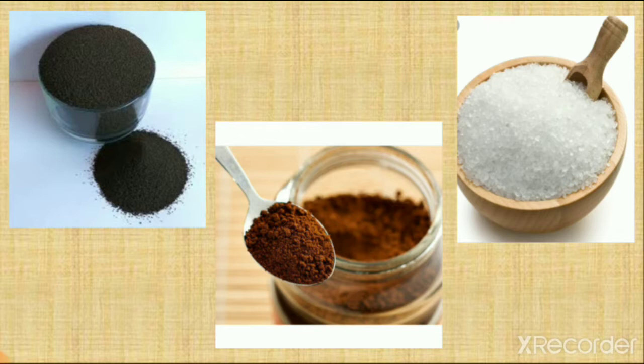We also learned that the things which we drink in the morning like tea, coffee and sugar we get from plants. In lesson number 4 we learned that we get tea powder from the tea leaf, which is from the tea plant. We get coffee from coffee seeds, which are the seeds of the plant, and we get sugar from sugar cane. So we learned that plants give us much food.